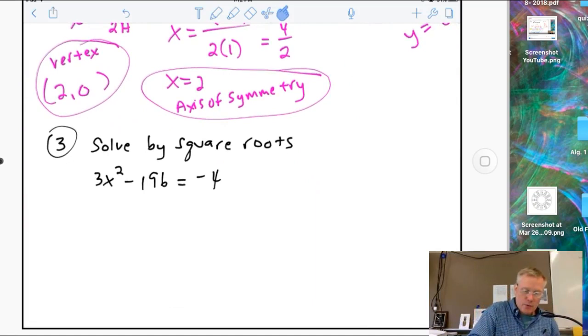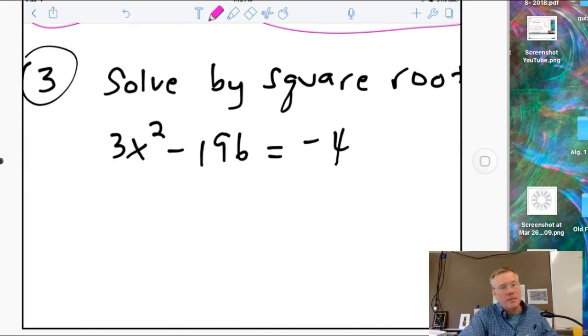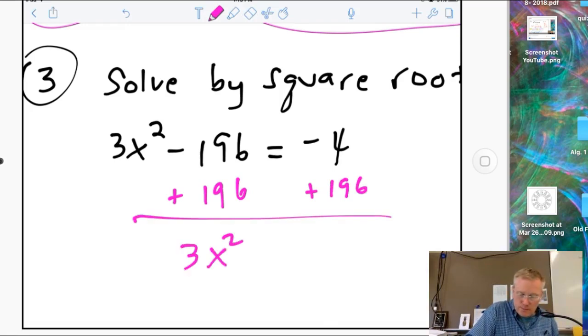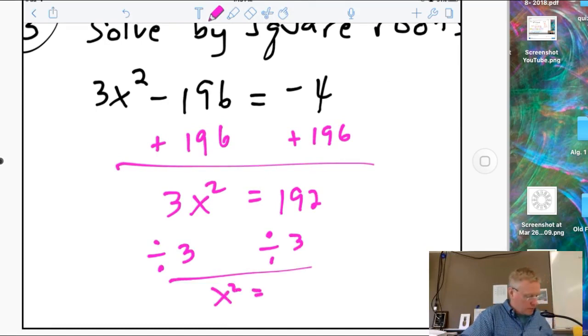Number 3, solve by square roots. So when it says solve by square roots, there's usually a nice reason because it usually works out really nice. Also, this one just has an x squared and some regular numbers. So if I can get the x squared alone, you'll see how nicely this works out. So if I add 196 to both sides, I'll get the 3x squared alone, which gives me 192. Next, I'd like to divide by 3. And I get x squared equals 192 divided by 3